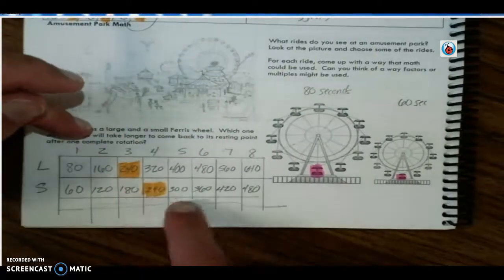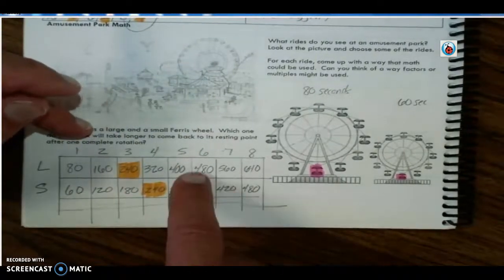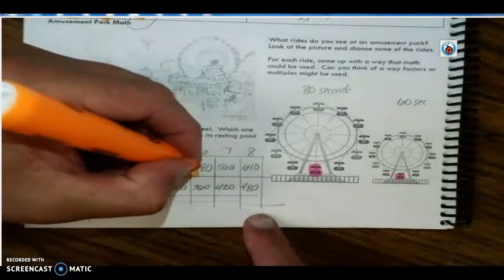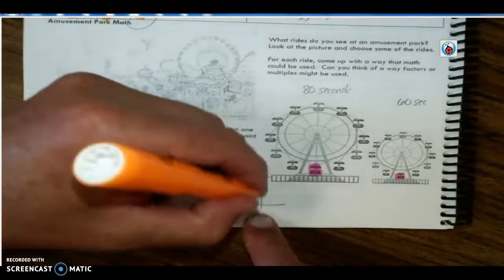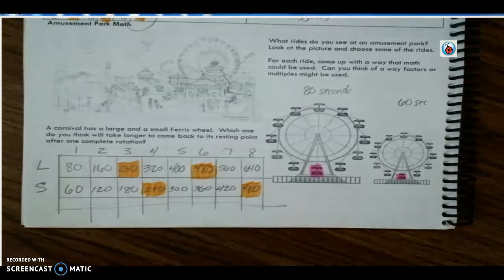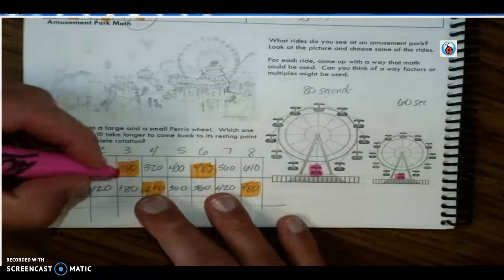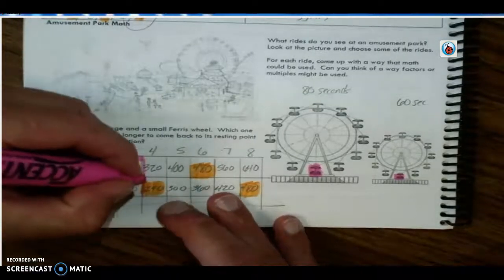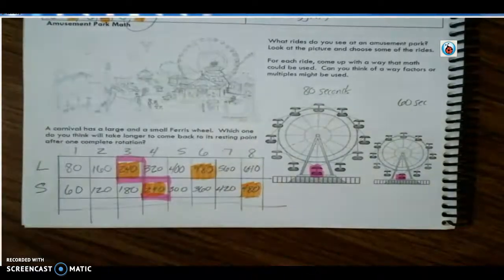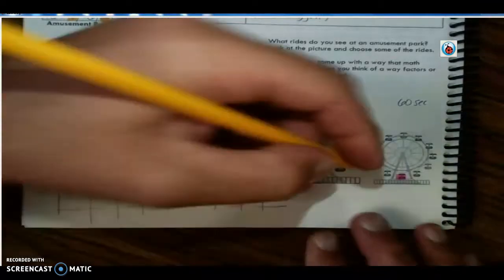Okay, 240, 480. Oh, there's 480. Okay, so we've highlighted what they share. In this case, we're really only concerned with the lowest one. So this is my lowest one right here. The lowest shared multiple is 240. So that's 240 seconds,